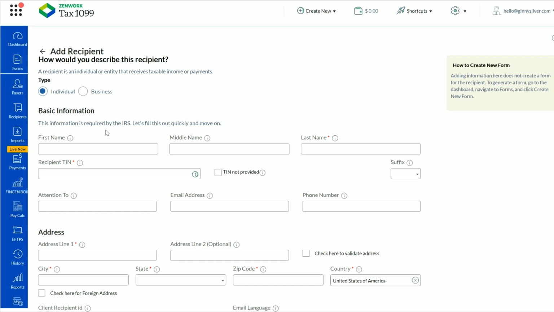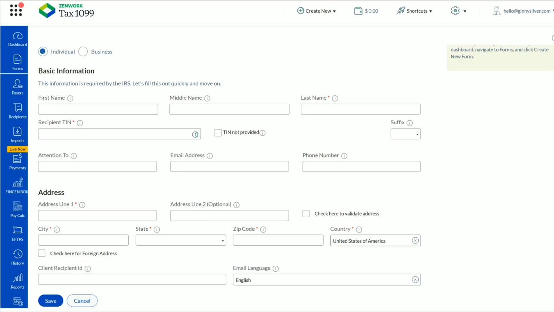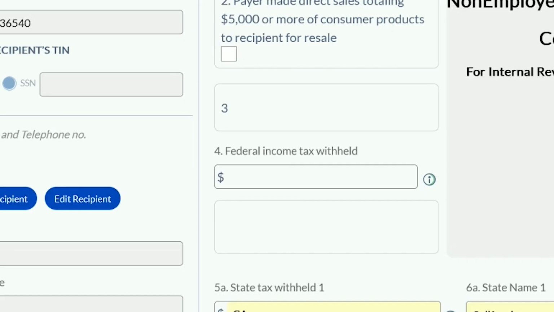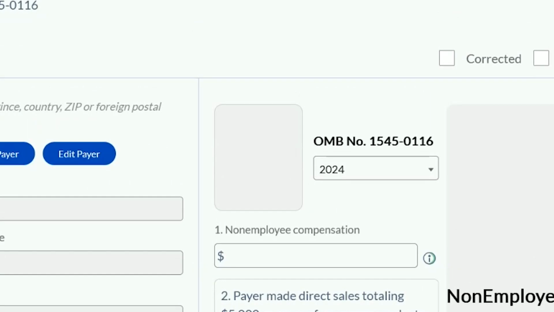We're going to enter in their personal information, including the recipient's tax ID number, their phone number, and their email address. Enter in their personal address and any other important information. Once this is complete, over on the right-hand side, we are going to enter in the amount of their non-employee compensation. This is going to be the amount that was paid to this worker over the entire course of that